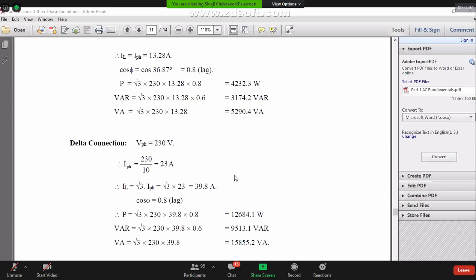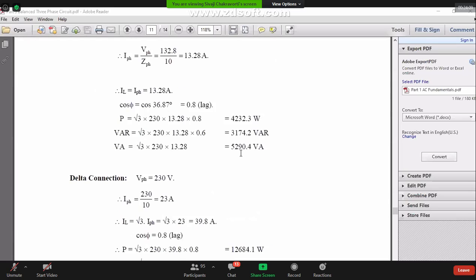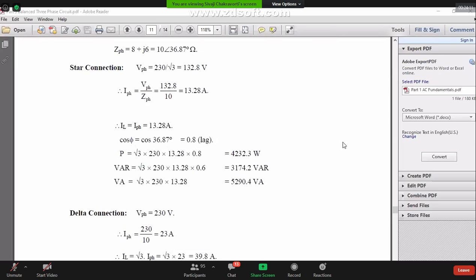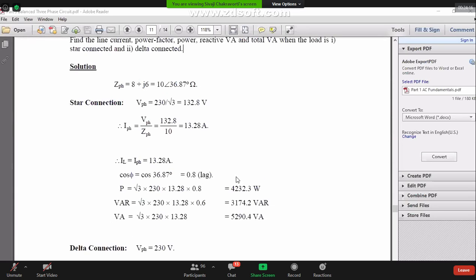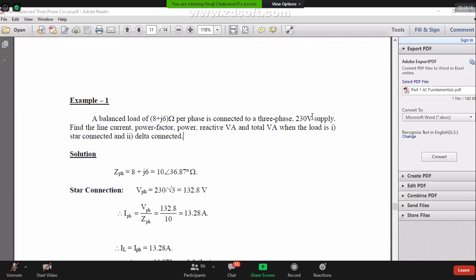So therefore P again is √3 VL IL cos phi, you get this result. Volt ampere reactive is √3 VL IL sin phi, you get the result. Volt ampere is √3 VL IL, you get the result. Now you can always ask why I am showing you this